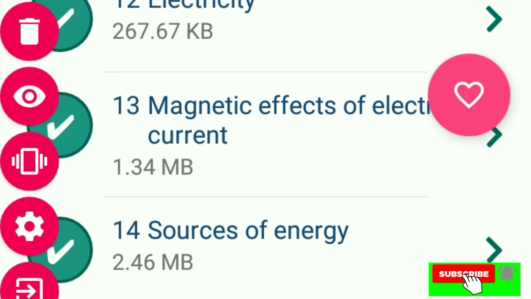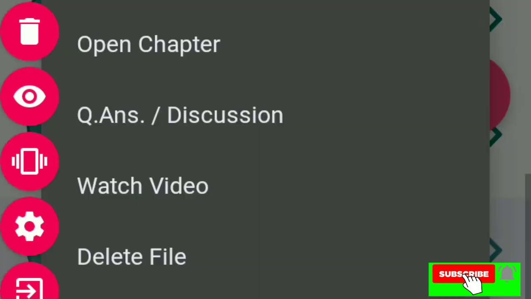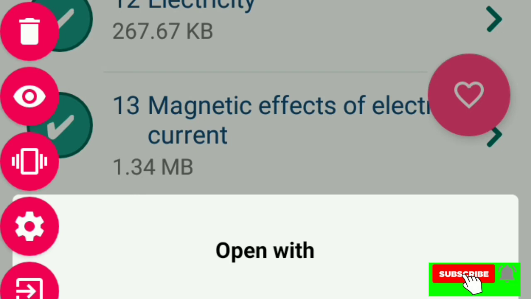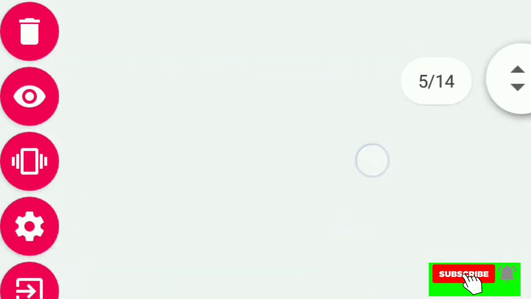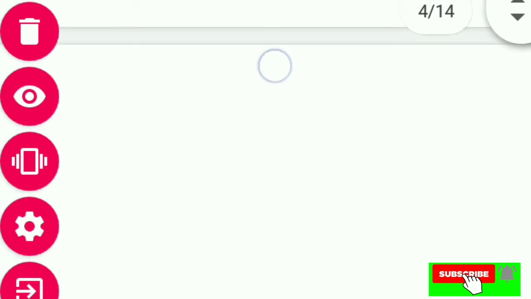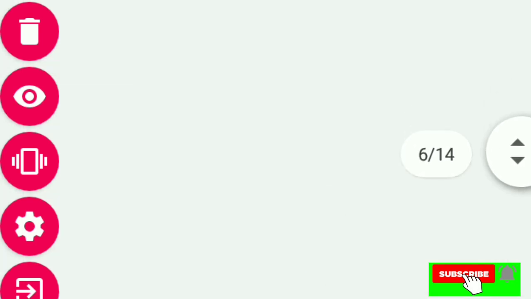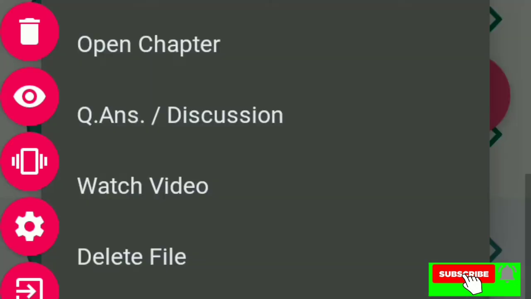fan blades rotating? This rotor is used to rotate the shaft of the dynamo. What is the function of the dynamo? If the shaft of the dynamo is rotated with angular speed, then electricity is produced. The same is used in a windmill. I will show you the chapter. Sources of energy, cooker. Okay, I am opening the chapter in Adobe.